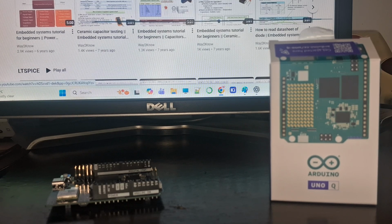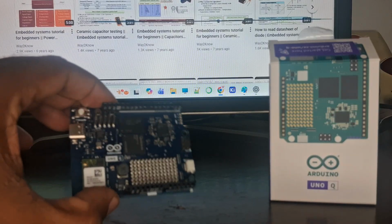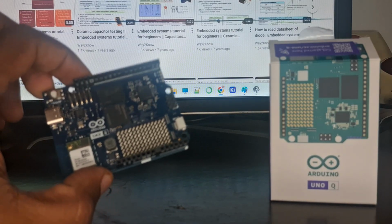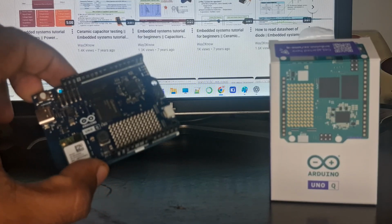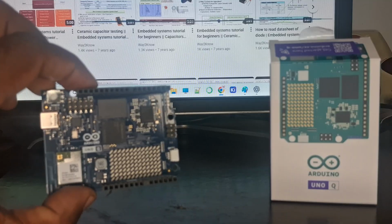So in this video we will talk about the most buzzing board right now, which is Arduino Uno. We have it in hand and we'll be talking about the components on the board in this video. You can say the basic introduction of the board. So as you see here, this particular board,